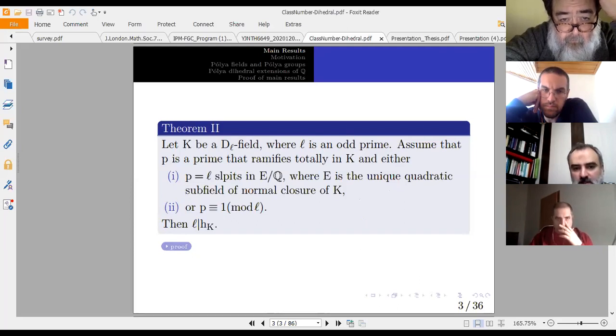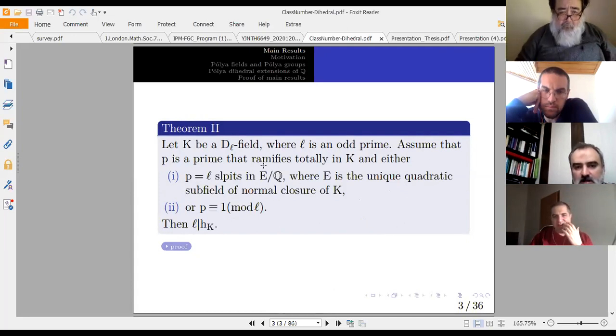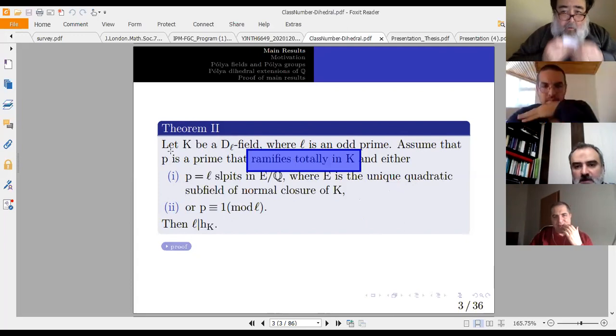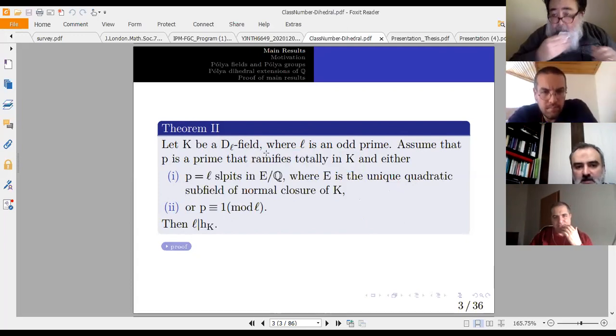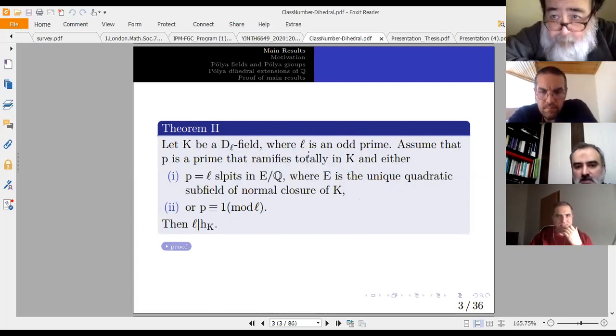Another result. This result is dependent on total ramification of a prime in your number field. Again, we are assuming that the number field is a dihedral one, the simplest dihedral one, so L is a prime here. If this prime splits in the quadratic subfield,